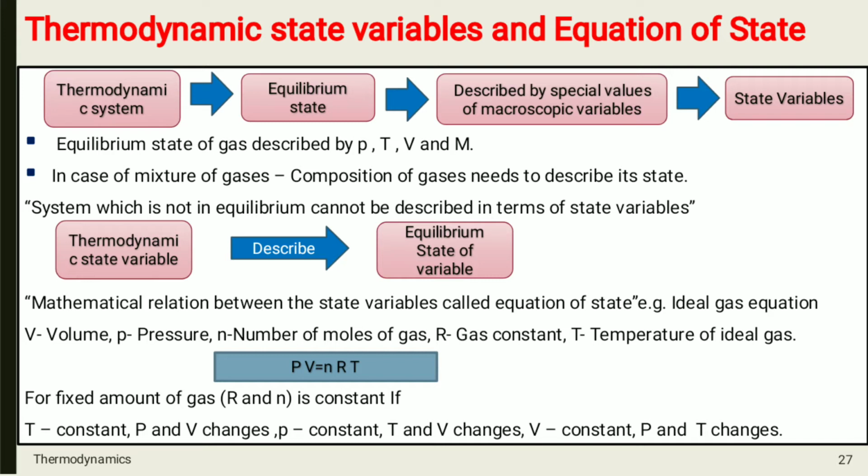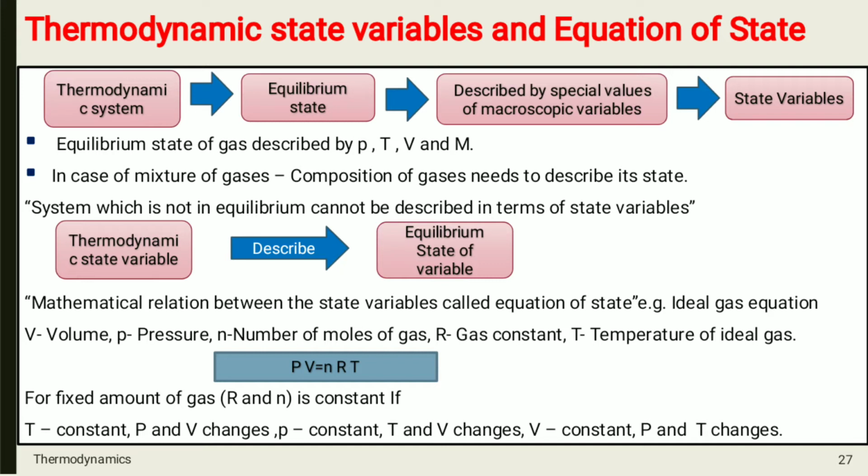Okay, then which are those state variables? If you are considering a gas, not a mixture, only a pure gas, then you can describe it by pressure, temperature, volume, mass, number of moles, etc. But in case of a mixture of gases, for example, an automobile engine, along with pressure, temperature, volume, mass, number of moles, its composition is required. किसका composition? जो भी mixture of gases उस engine में है या फिर आपने use किए हैं उसका composition भी required है to describe its state.